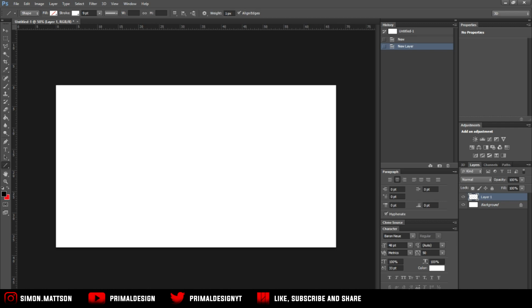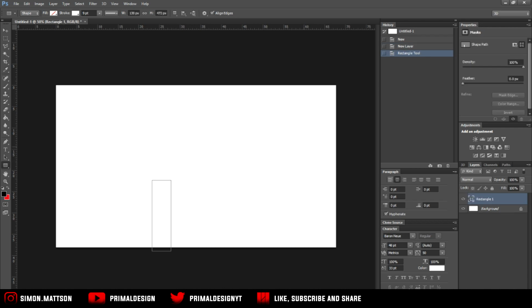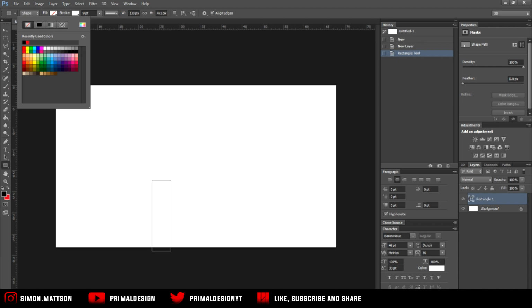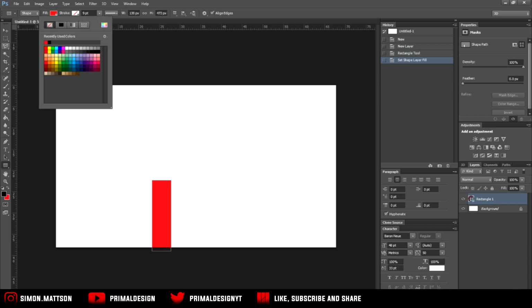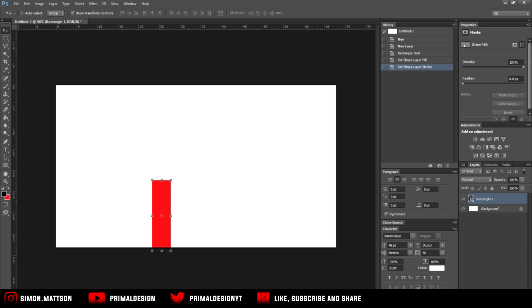So we're going to start on a new layer here, and we're going to grab the rectangle tool. And we're going to start by making a line with all these bends in it. It'll be used for later, but it's good to do this now just to get a little head start. Fill it with whatever color you want, it doesn't really matter at the moment. Take your stroke off, and what we're gonna do here is you're gonna create a line going up or sideways,